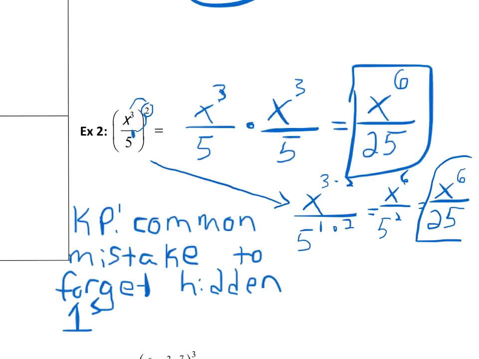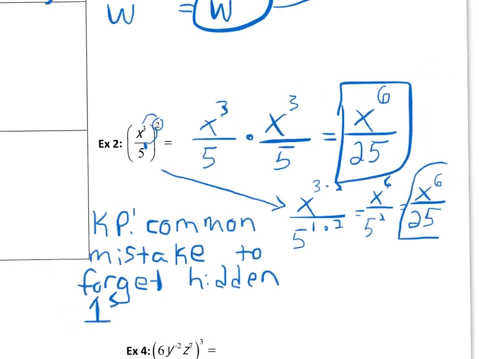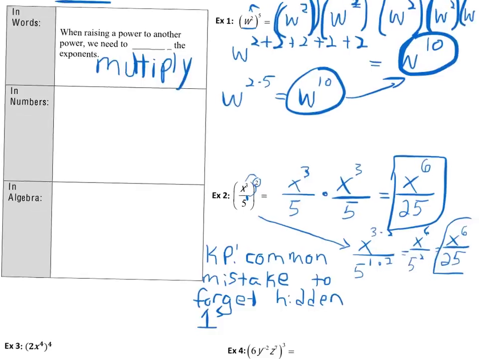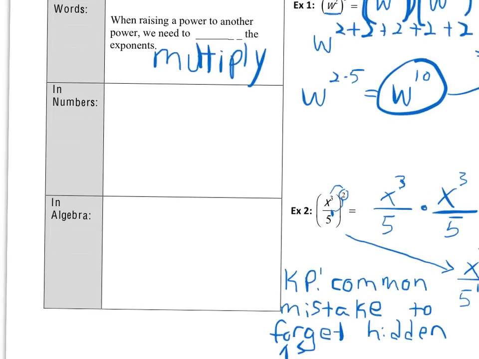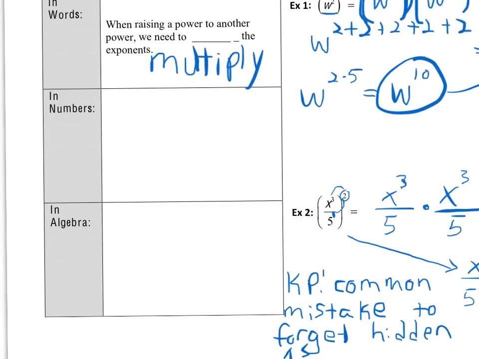Guess what? Our shortcut way got us the exact same answer. Again, that's where this rule comes from. We didn't just make it up. It's a rule found by finding patterns. So let's fill in our table here. Get this a little bit straighter so you don't go dizzy. All right, so in numbers,